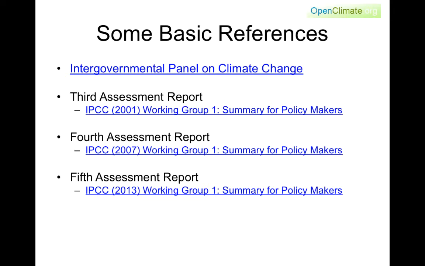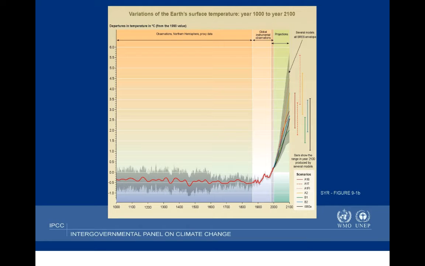The other is what you'll see over this time period of about a decade and a half now, is that the results are pretty much the same from one time period to the other, that the climate, the global surface average temperature, is warming. So this is the plot from the third assessment report that was published